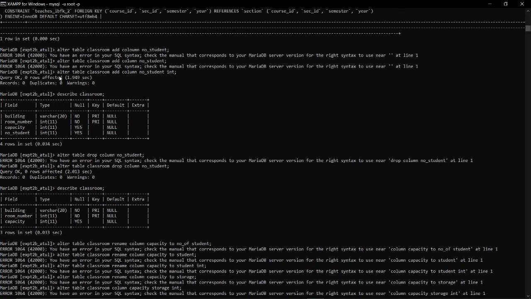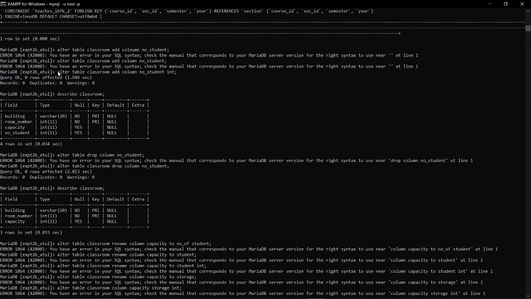Now coming to the alter command lines. Alter can be used in many forms, to add columns, delete columns, or change the definition of an entity. So first of all, we use it to add a column.